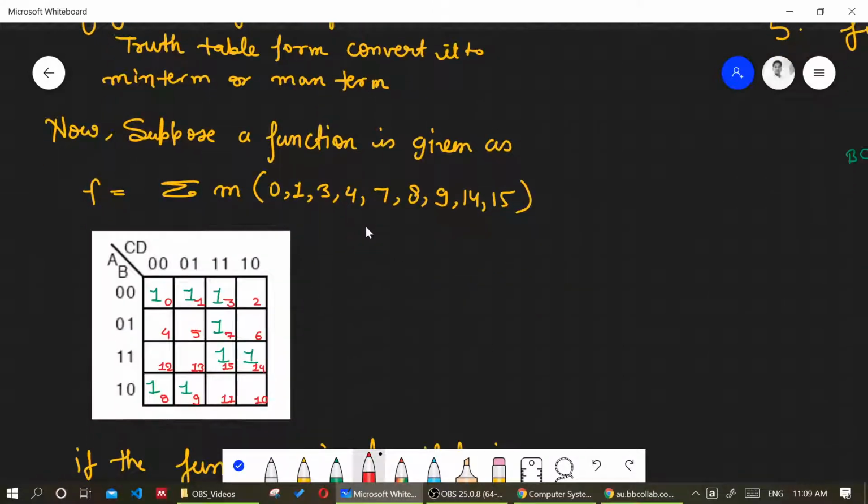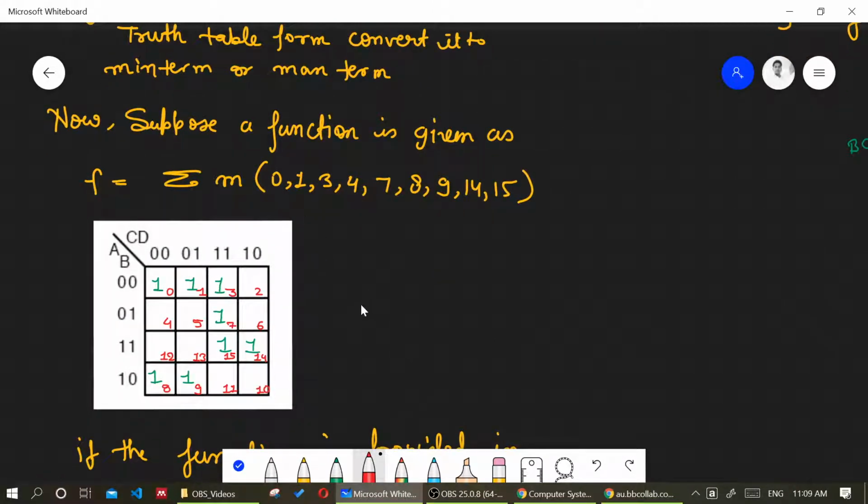After you have this expression, you can simply put 1 where those numbers are present. So 1 1 1 1 1 1 1. This is how you can represent a function value in the K-map.